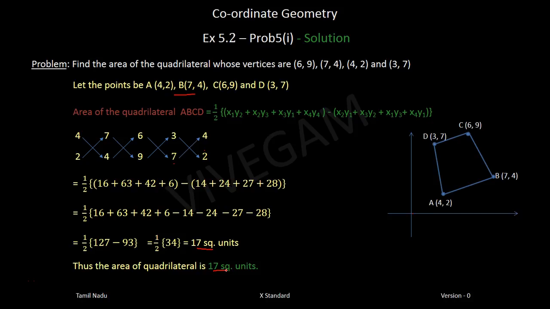You got it? It's very similar to what you did for the triangle. The only thing is you have one more point, the fourth point, x4 y4. As we did for the triangle, the first step is to draw a rough diagram and select the points in the counterclockwise direction. If you don't do it, nothing great will happen. You will get a negative answer. Instead of getting plus 17, you will get minus 17.